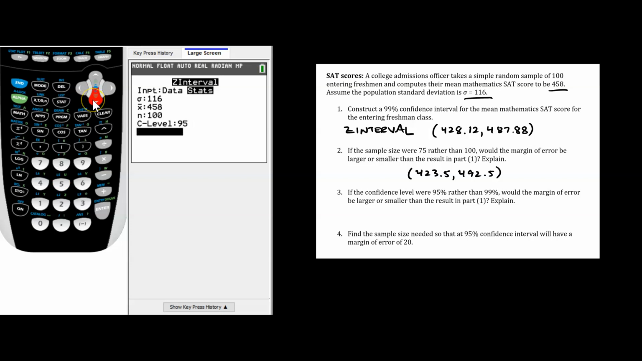Again, think about this. When you decrease the confidence level, you're less confident that your interval is going to contain the true population mean. And so if you are less confident, is that interval getting bigger or smaller? If you're going to be less confident, then I would expect that interval to be getting smaller. And that's exactly what we see. So compared to part 1, you see that we've got an interval that is much more narrow. We are going now from 435.26 up to